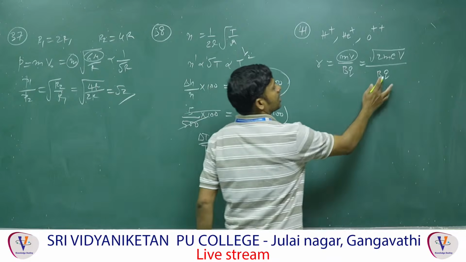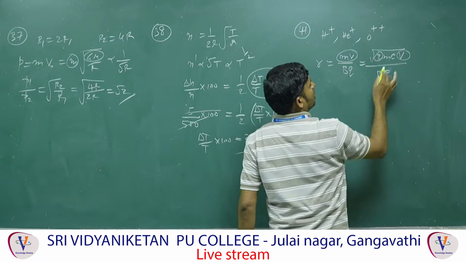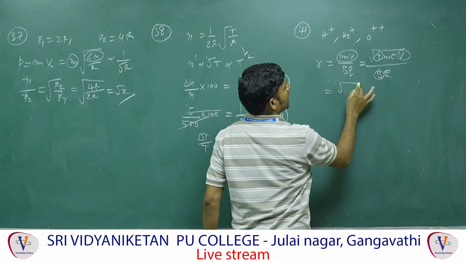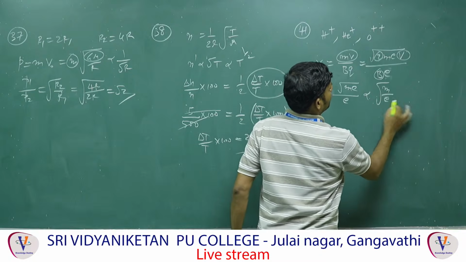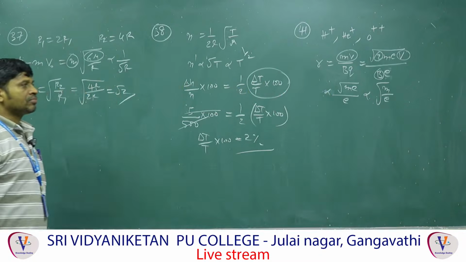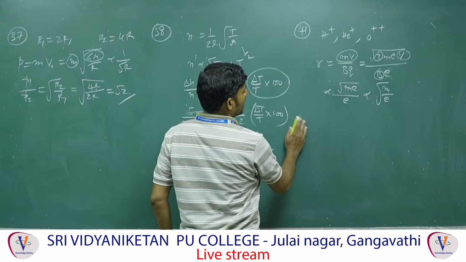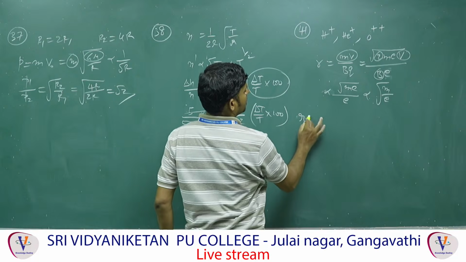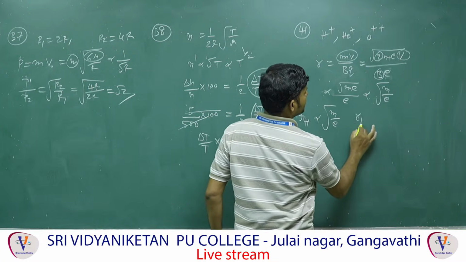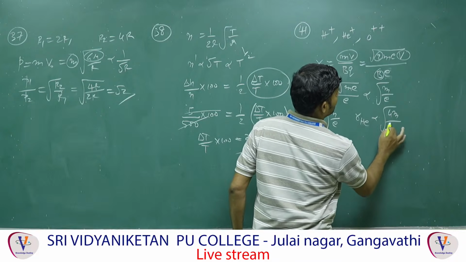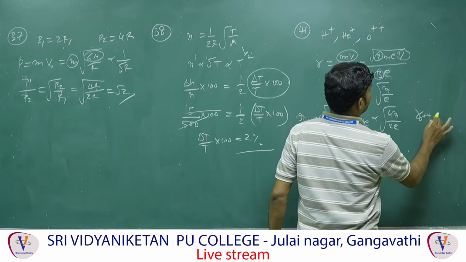So the radius is root of 2m times charge into voltage, divided by Bq. The charge value can be taken as e. Two, the voltage and the magnetic field are constant and the same, so what is the remaining value? It is m by e, root of m by e. Now the problem is over. First, the radius value for hydrogen plus: m by e. For He, the mass is 4m and the charge is 2e, and for O plus plus the mass value